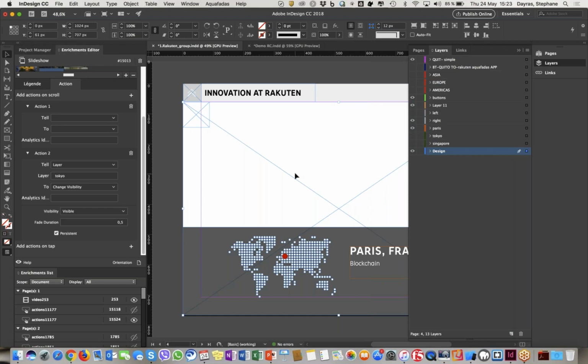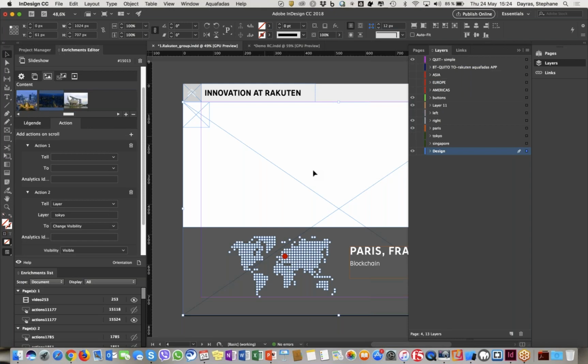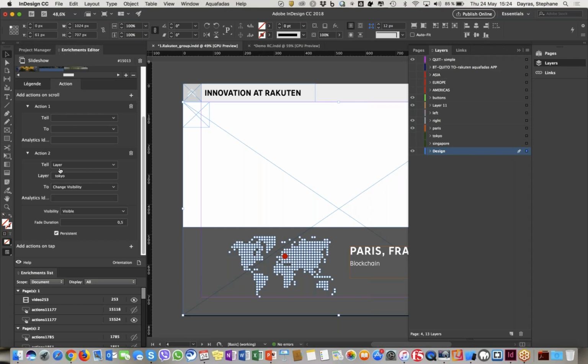And when we go to the first picture of the slideshow, it will say, please make visible the Paris layer. If I go to the second picture, which is the one that I selected here, if you can see the Tokyo one, then it will tell the system, if you look at the enrichment, it will say, please change the visibility to visible, which means make it visible for the Tokyo layer.